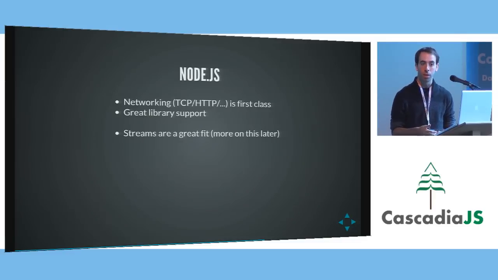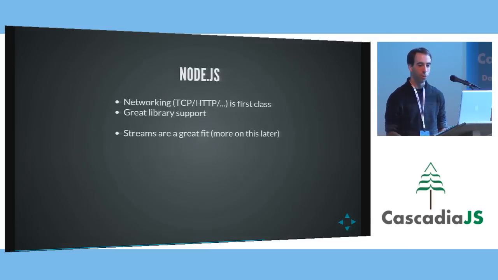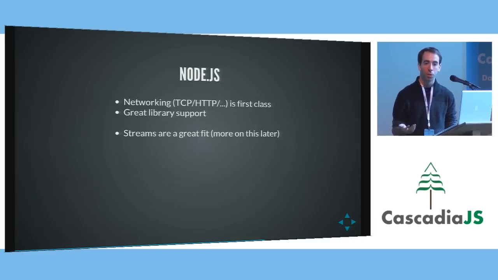So why Node? We talked about some reasons, but another reason is that networking is really first class in Node. The Node authors and the maintainers, the core team, have said Node is going to be the platform for I/O, for evented I/O. And the most common I/O these days, instead of disk, is actually networking. It also has great library support for logging to various places and getting stuff from disk and from the network. It's just a very vibrant library ecosystem. And Node introduced streams in 0.6, or 0.8, and it's a great fit for what we're doing, and we'll see an example of that later.